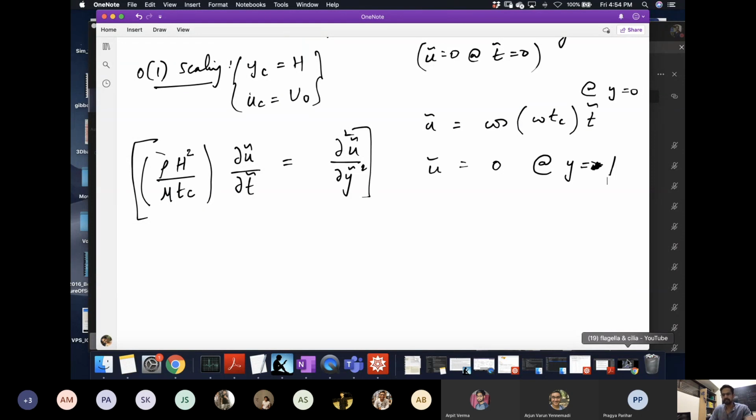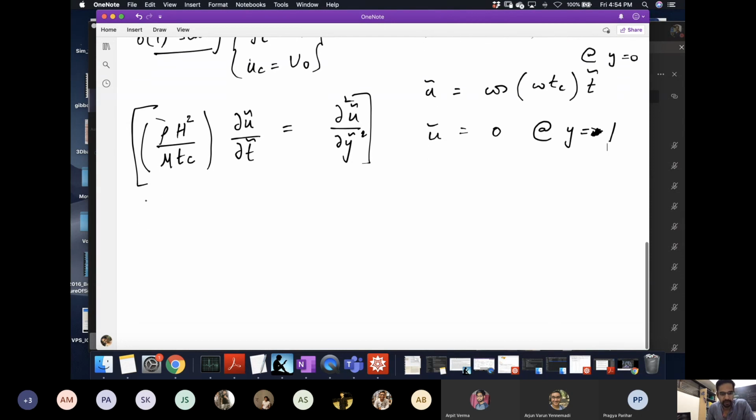And this brings us to the crux of the physical question. There are different options. Let me just write down the options here. This comes back to the question on Moodle of how do we know how to choose a time scale? Should we set this group to 1 and determine the time scale from here? Or should we set the frequency group to 1 and determine the time scale from there? So let's say time scales.